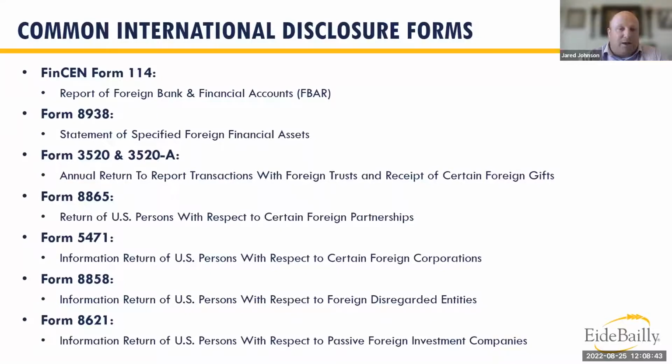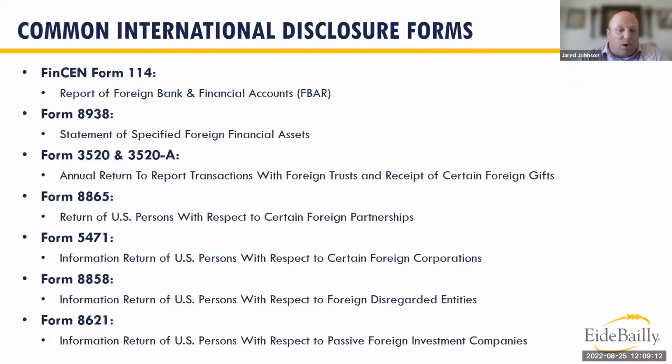It became income reporting. If you don't report a 5471, you very well could have unreported income and would therefore require some of these amnesty programs we're going to talk about today. Form 8858 is a form for disregarded entities, foreign disregarded entities. And